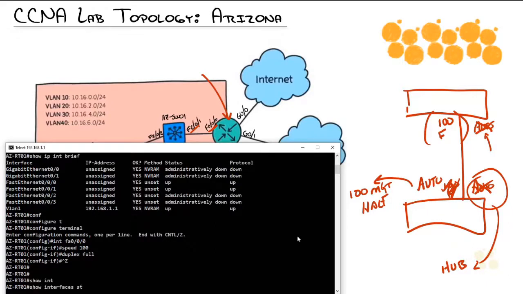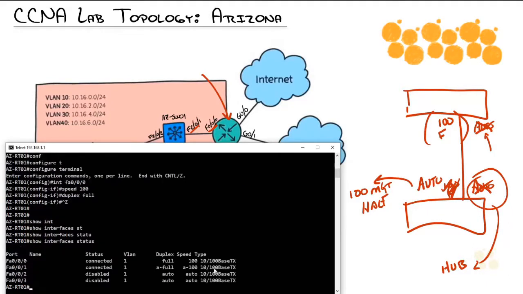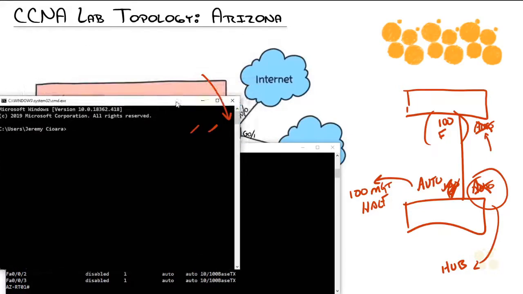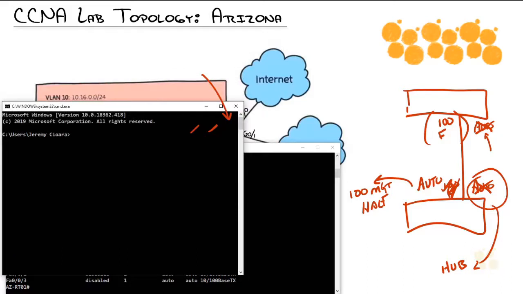Show interface status. Looks good. Notice I can see that there's no A there. That just means I've turned off the auto detect and it's now set to full 100. Life is good. But now let's open a second command prompt, and I'm going to telnet over to the switch